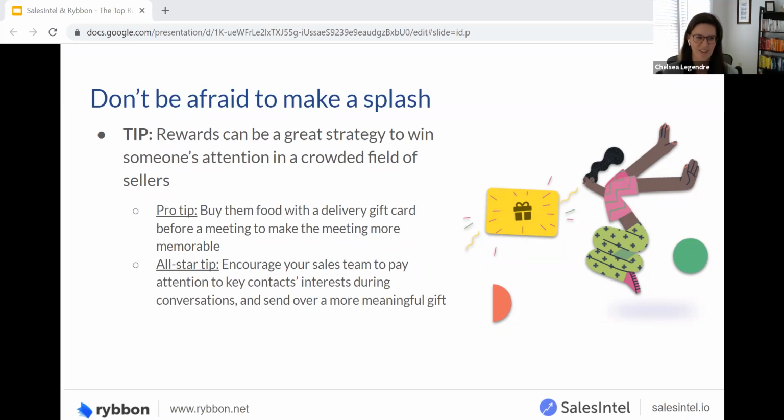In fact, I've got another story here. Earlier this year, Adobe wanted to start talking to my company about some of the products and services that they offer. So instead of just peppering me with marketing messages, they actually said, can we take you out to Valentine's dinner?